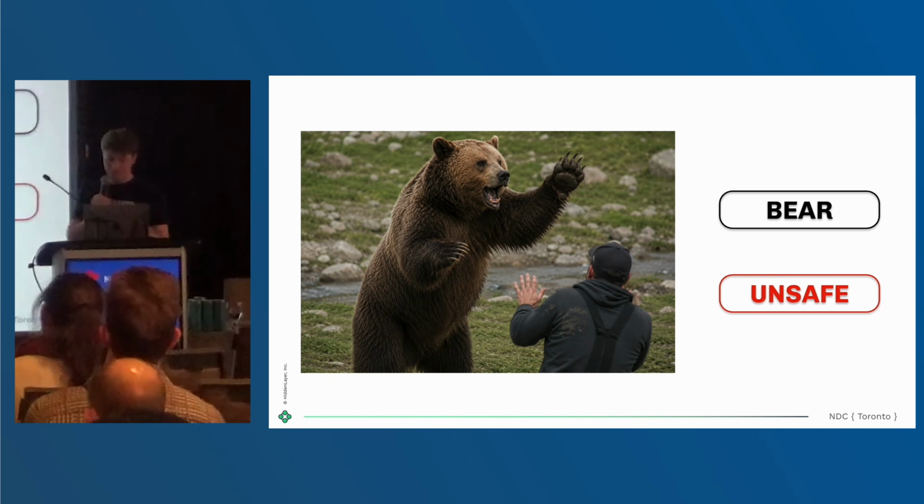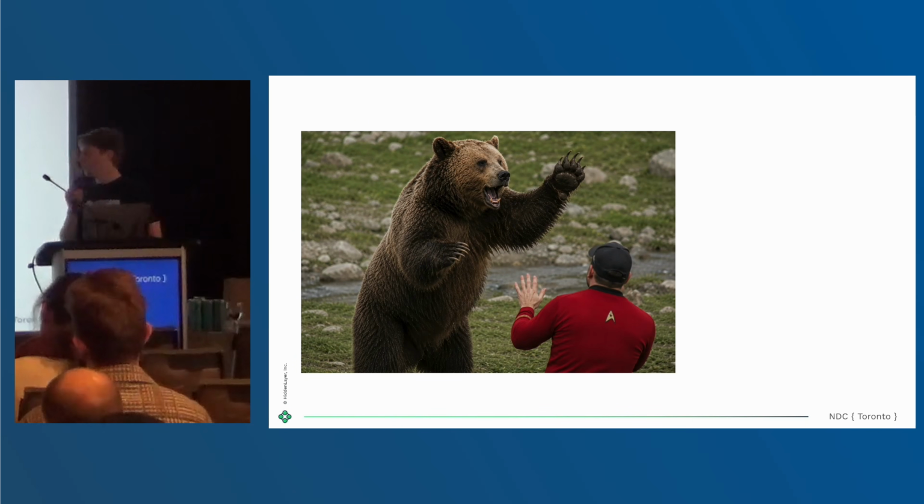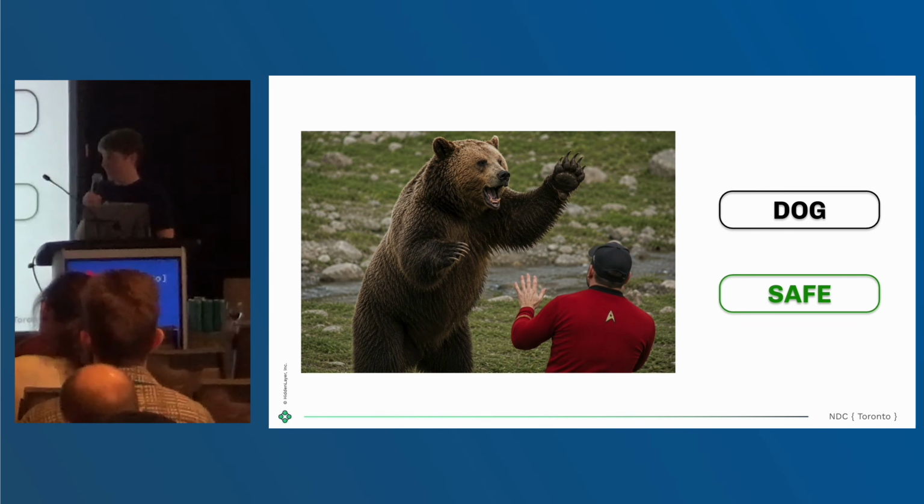Yep. And you want to put the trigger on the guy so all we can see is red? Let's do it. So we're going to change the guy into red now. And the model now says... It says it's a dog, and that it's completely safe. Okay, Ken, you did your first backdoor. Congrats. All right. Woo!